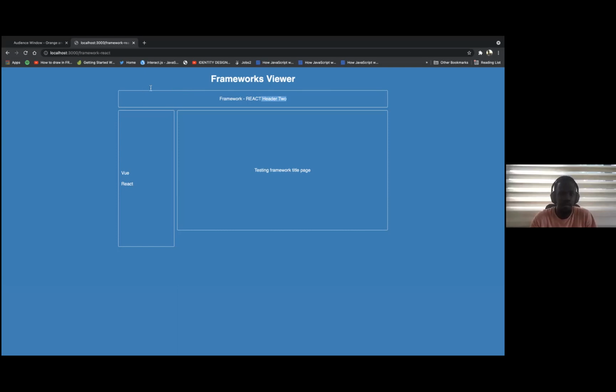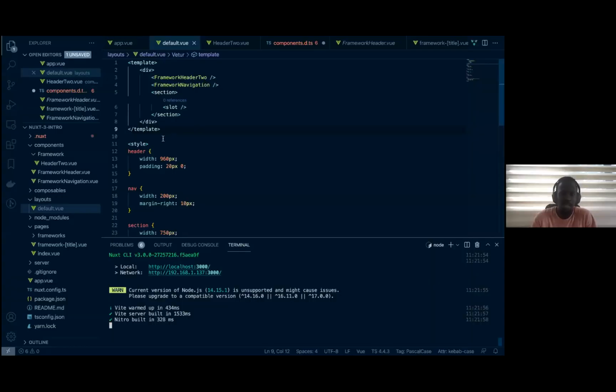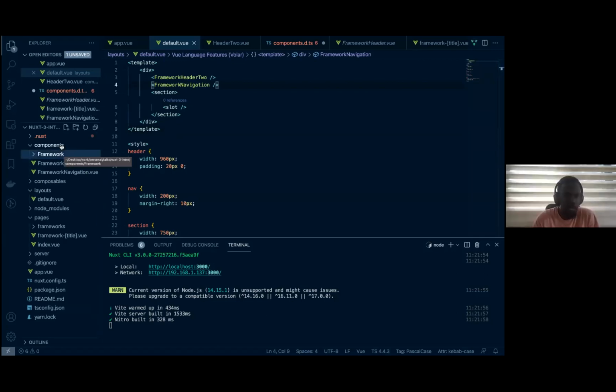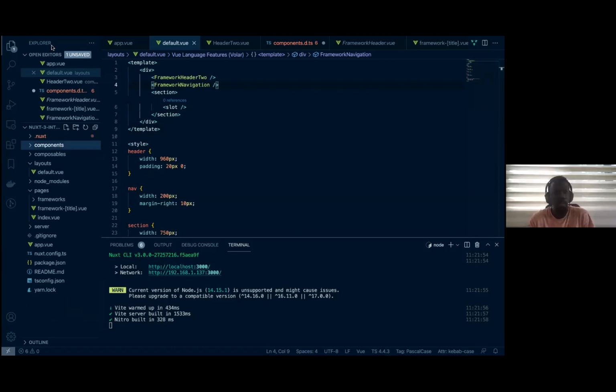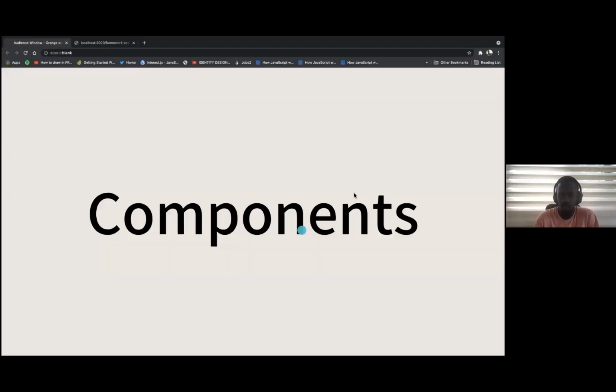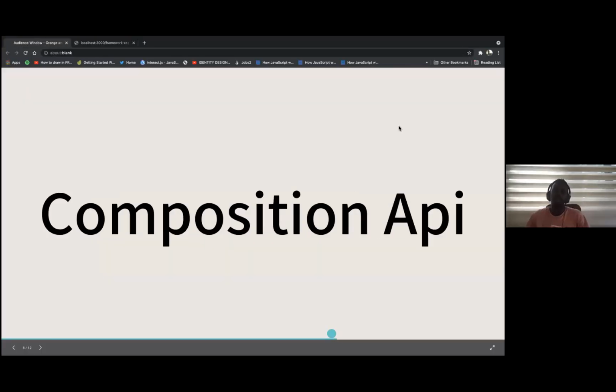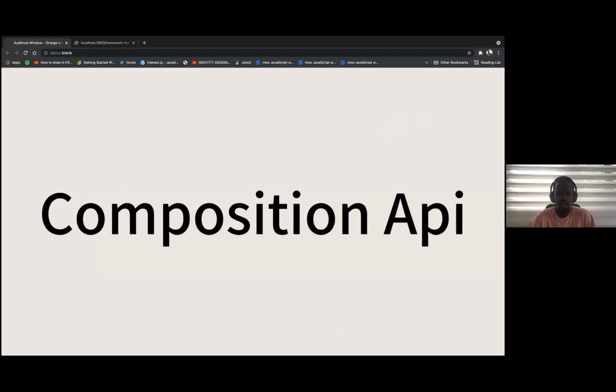So dynamic imports, automatic imports now. You don't need to do imports like you do in Nuxt 2 anymore. So that's that about components. Let's move on. Okay, now this is the sweet part, the composition API. Okay, before I go forward,